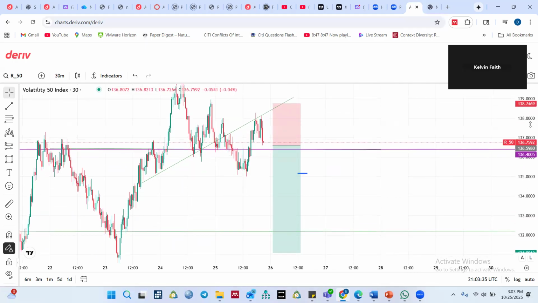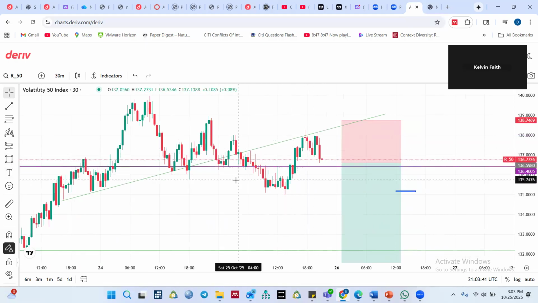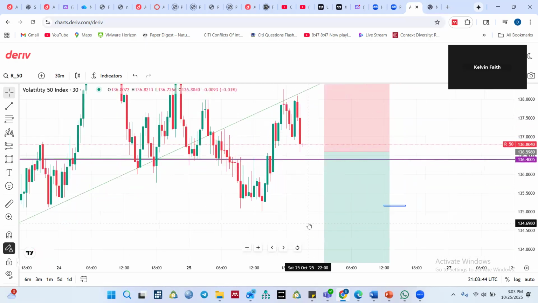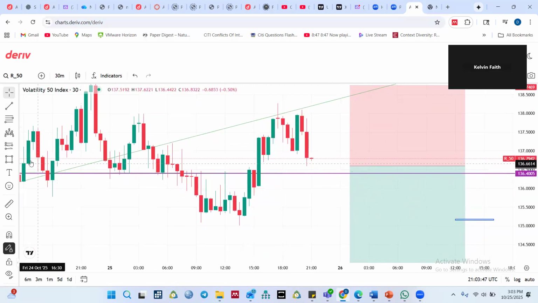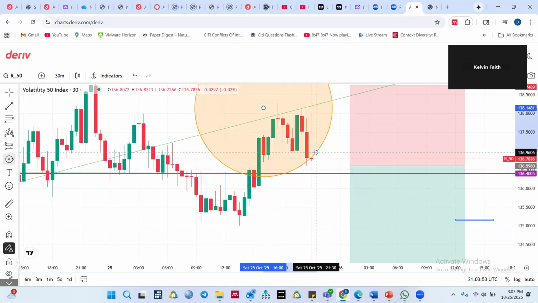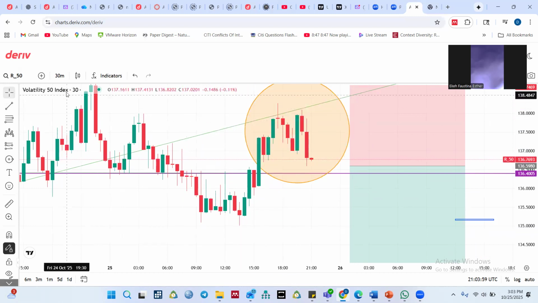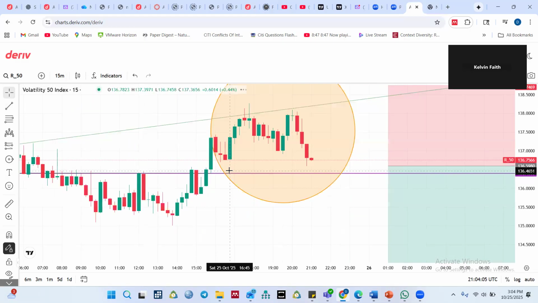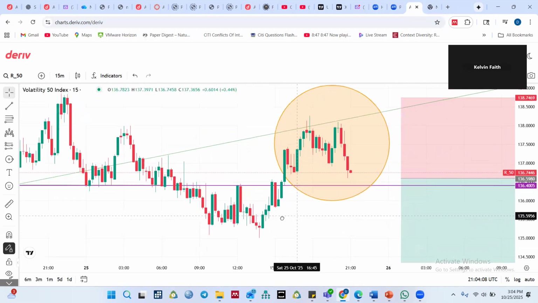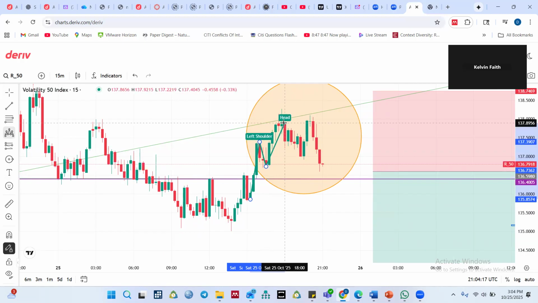Now let's look at what is happening here. Is there a shift in structure? Is there a shift here in market structure? No. Here? Yeah, that is it. Nice. Maybe 15 minutes might give us a better idea. So within even that smaller timeframe we have a high, a higher high,